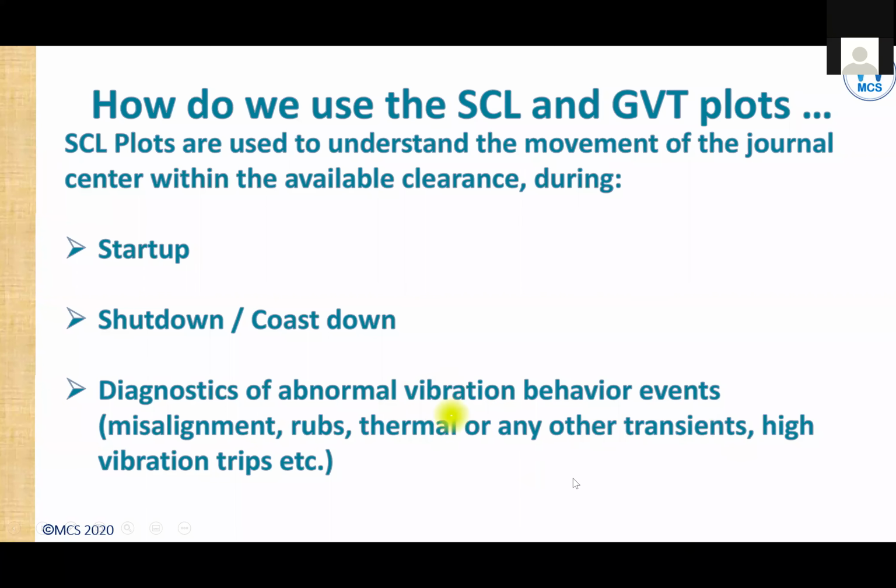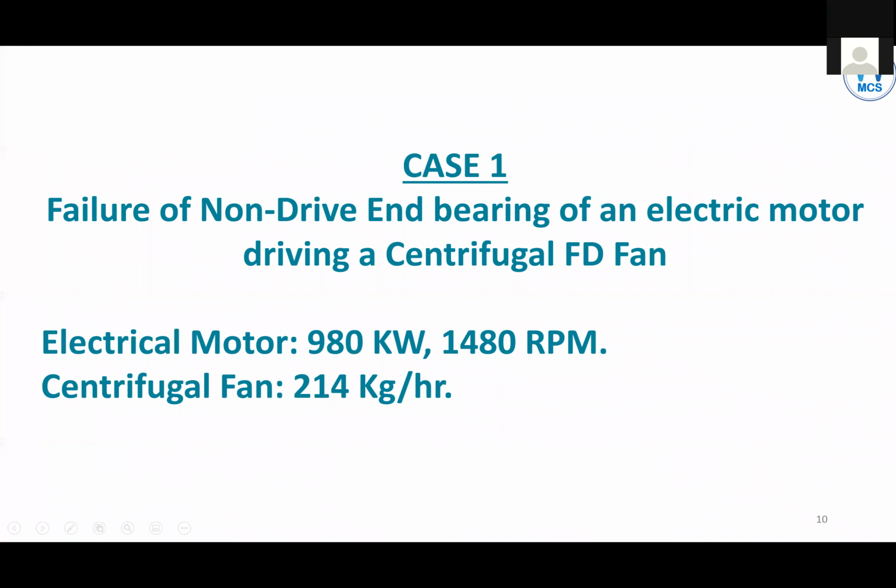When these are happening, we will also try to find out how the shaft center line positions have been responding under these abnormal conditions. Now with this background, I'll try to show you 4 case studies, and 3 are related to some trip incidents. During the trip incidents, we were trying to identify how the machine was behaving with respect to what type of information the shaft center line was projecting.